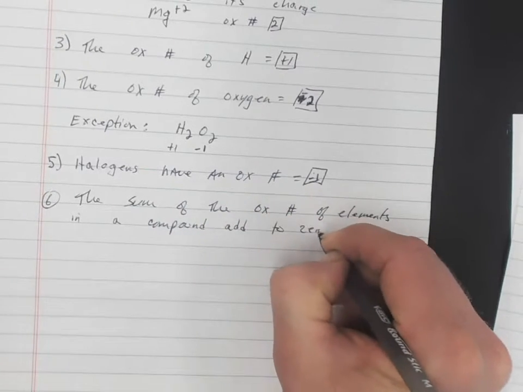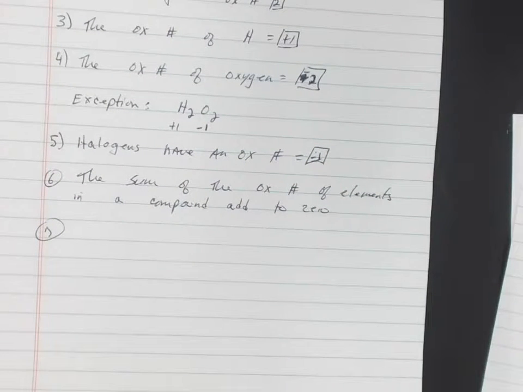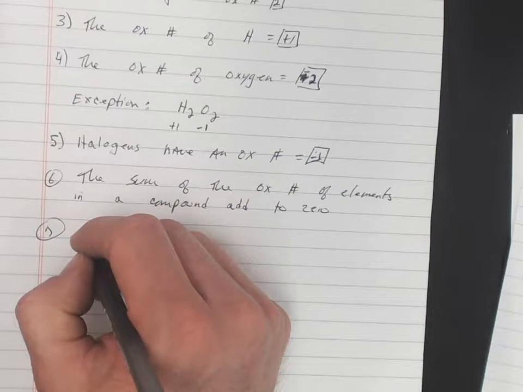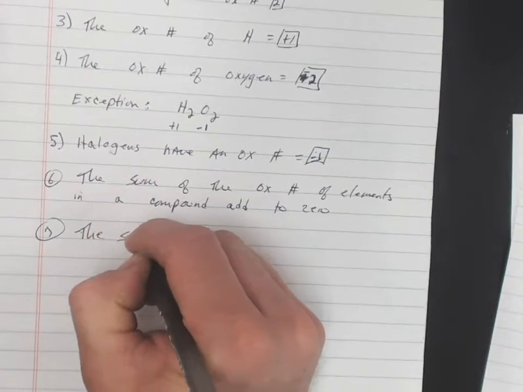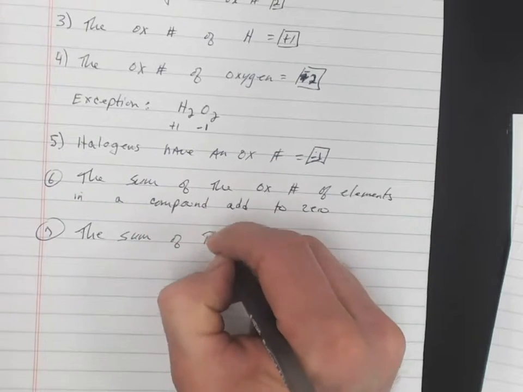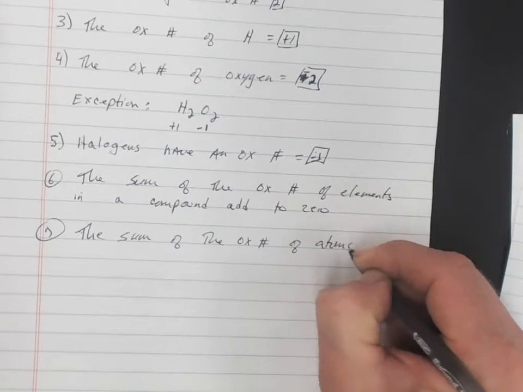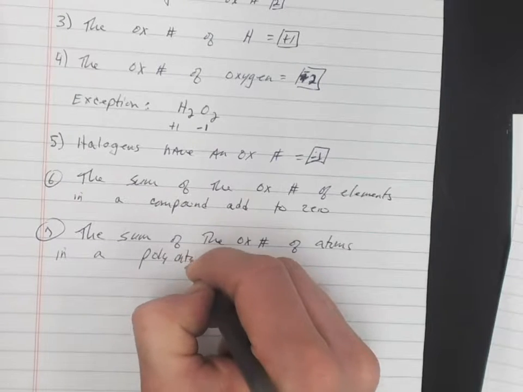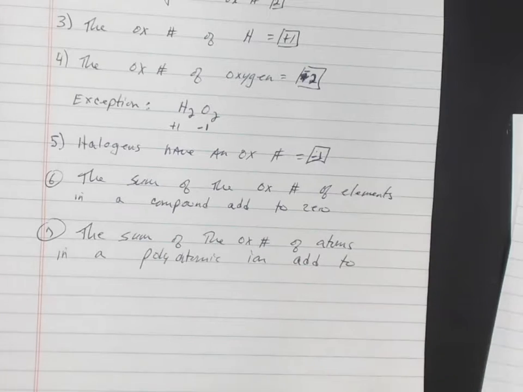And the last one, the sum of the oxidation numbers of atoms within a polyatomic ion add to what? Can you repeat that, Sophia? The sum of the oxidation numbers of atoms in a polyatomic ion add to